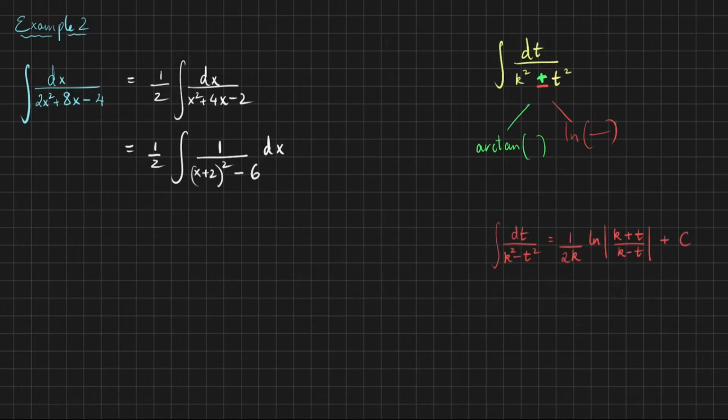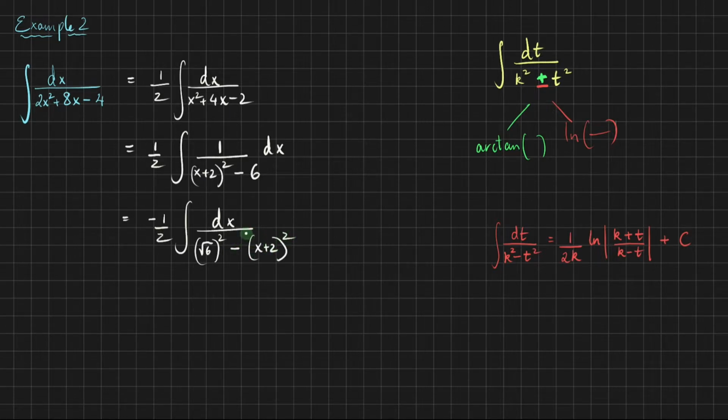To be sure, we can see that the integral of dt over k squared minus t squared is 1 over 2k ln of k plus t over k minus t. But hang on a minute. The integral we have here, if we replace x plus 2 by t, is going to be t squared minus k squared. But we want k squared minus t squared. And so we are going to flip the order by just pulling out a negative sign. So this is going to be negative half integral of dx over, I'll rewrite 6 as root 6 squared minus